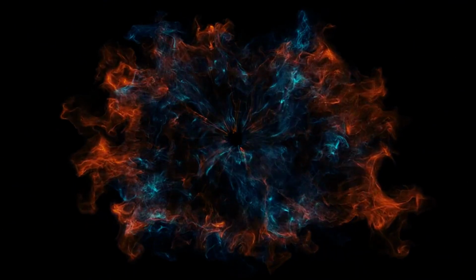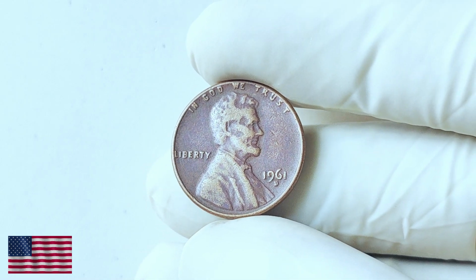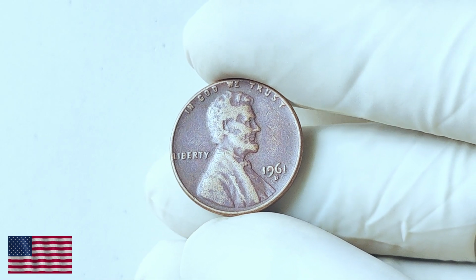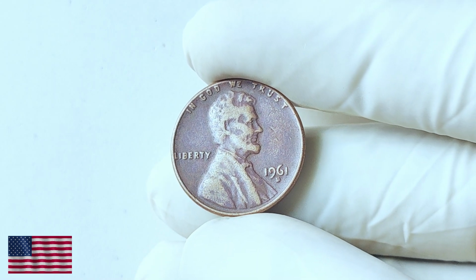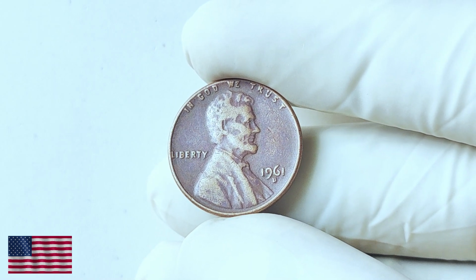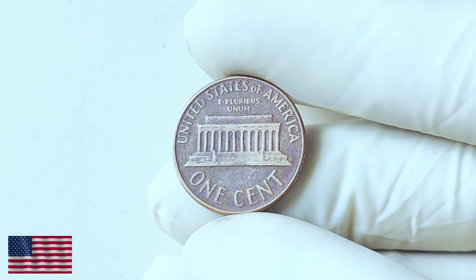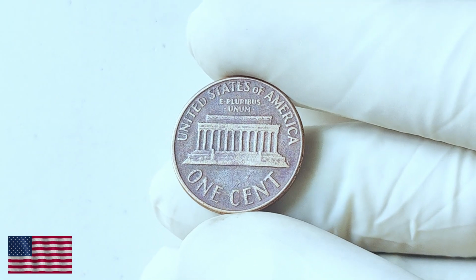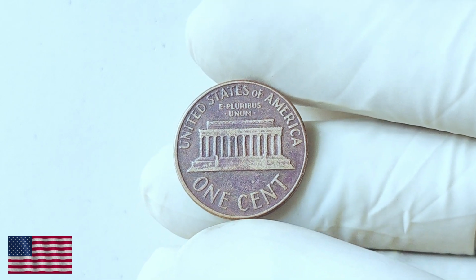What if I told you that the humble penny jingling at the bottom of your old coffee could be worth over $854,000? No, this isn't clickbait. It's a real, verified, jaw-dropping truth. And today, we're going to uncover how one tiny copper coin from 1961 could change your life forever. So yeah, before you toss that penny in the tip jar, maybe, just maybe, check if it's trying to pay